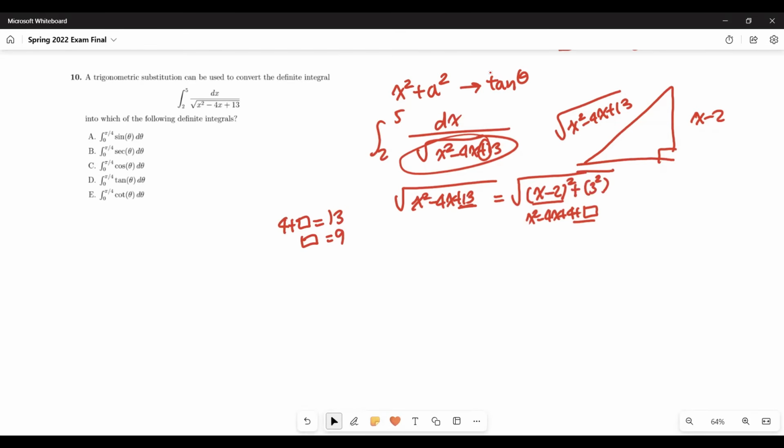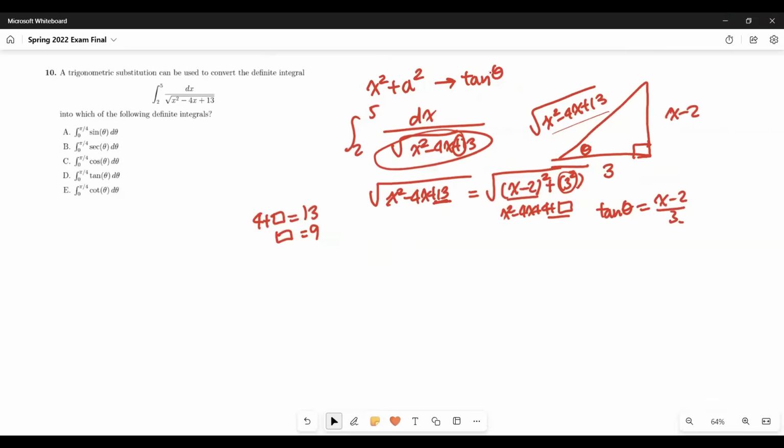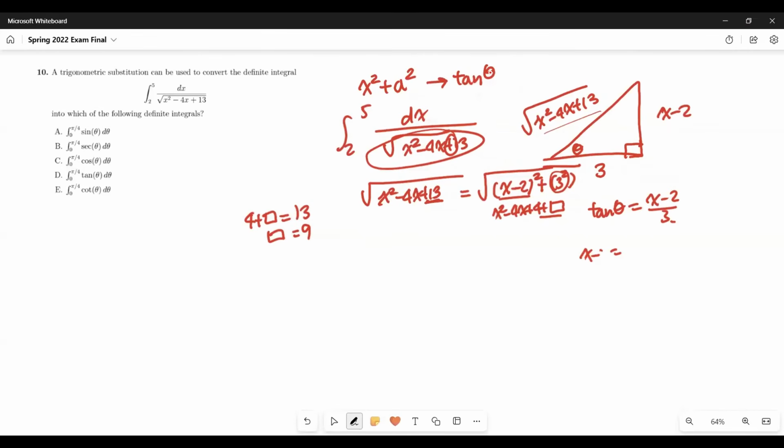I wrote it this way so we can square it and get the hypotenuse value. So 3 is here and theta is here, which is why tangent theta is equal to (x minus 2) over 3. So x minus 2 is equal to 3 tangent theta,